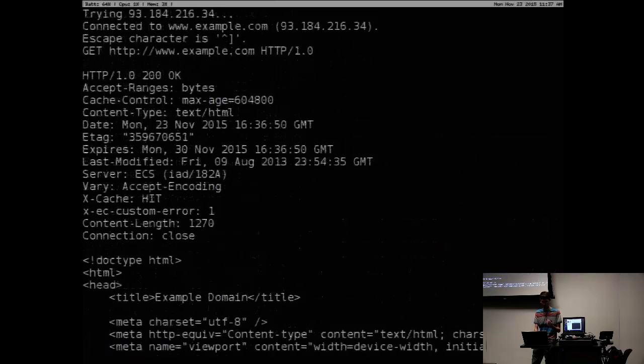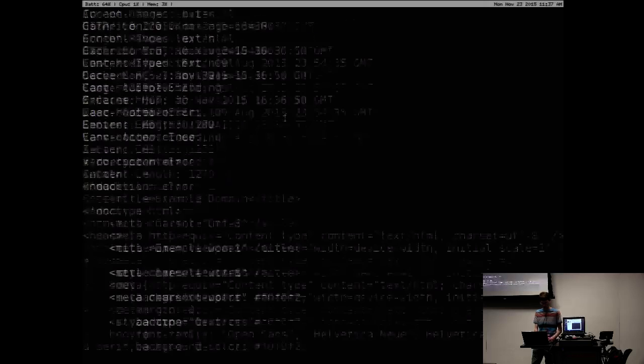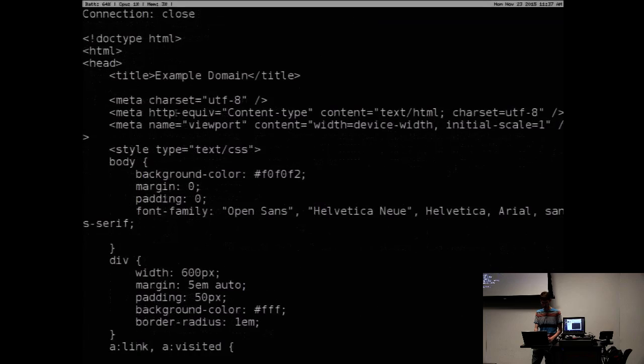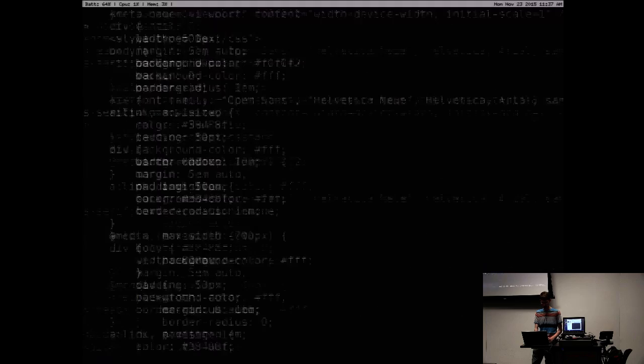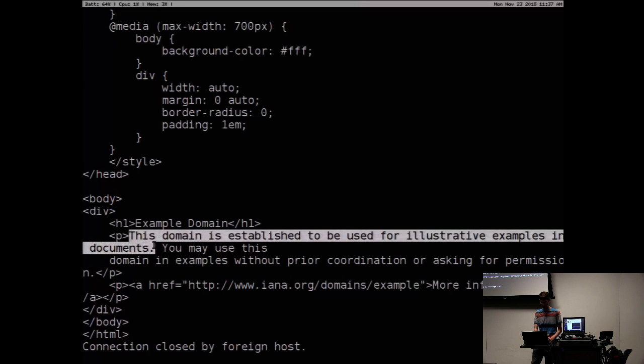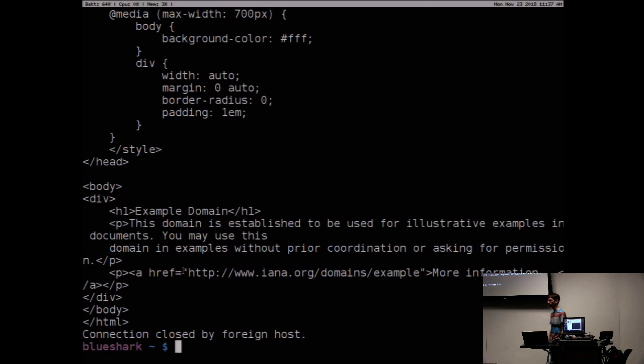So it told me it got the connection okay. It gives me the date and time. Tells me some information about the headers it's using, and then you can see here that if you opened up this page in your browser, you'd see this text, and it'd be all formatted with these tags. And then it closes it, and the telnet session is over. So we can do this on other